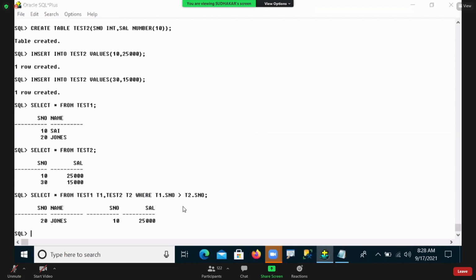Like here I'm using greater than, less than or equal to, greater than or equal to. Any kind of operator you can use, but don't use the equal operator. Suppose I'm using the equal operator, what happens, sir? Suppose you people are asking, sir, if I use the equal operator with T2 dot serial number, now tell me, what happened, guys? If I'm using the equal operator, come on, which join is this?